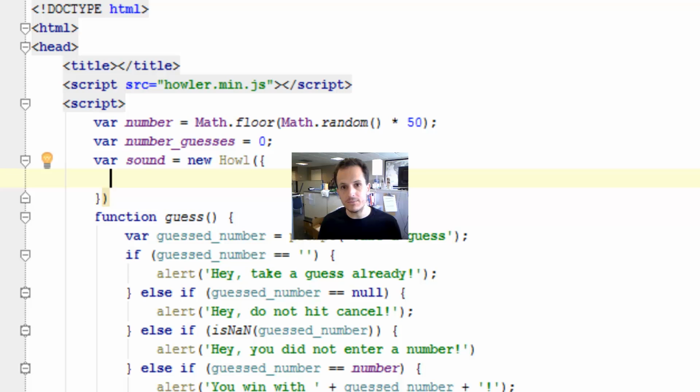because we're going to have some name value pairs. And the first thing is the URLs. So the URLs that we want is actually going to be an array. So we're just going to put this inside square brackets. And I happen to know a URL of a sound. We're next going to create our own sound effects, but for now, just for a test, I'm going to put in the sound URL that I already know, and that is